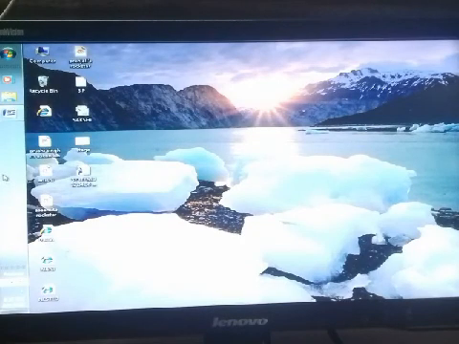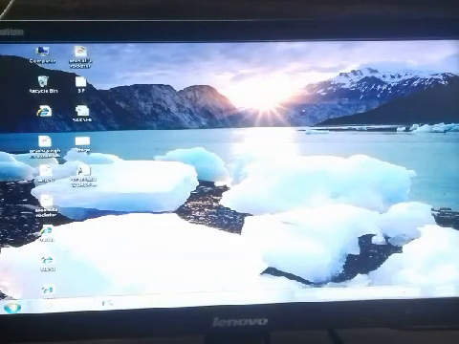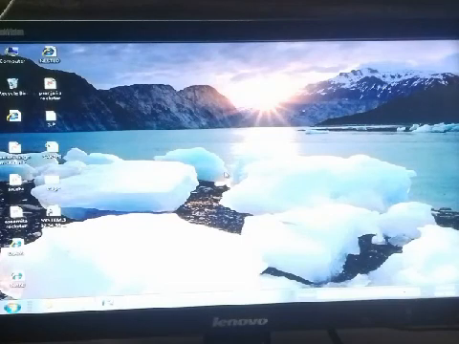And again I want to place this on the bottom of the desktop screen, so you just click over here, drag your mouse pointer and release the mouse button. Okay students, these are the steps to change the position of the taskbar.